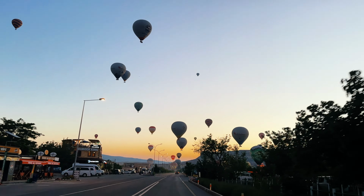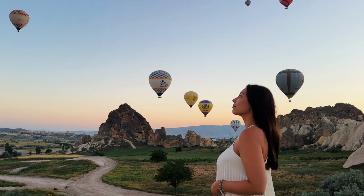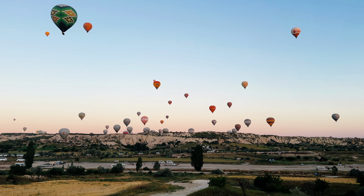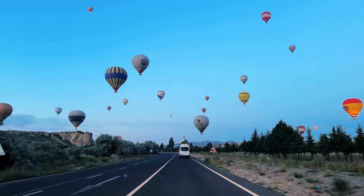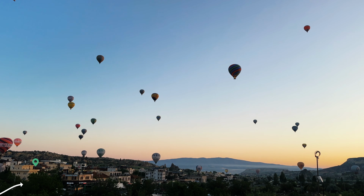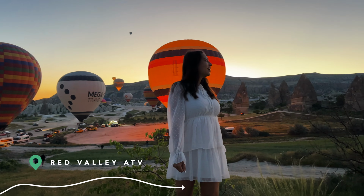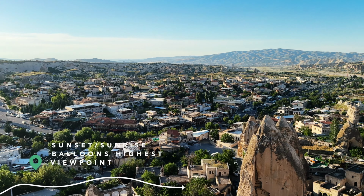If a balloon ride feels too daunting for you, or you just can't get enough of the balloons, you can choose to watch them from the ground as well. Seeing hundreds of balloons in the sky is fantastic, even from the ground. Make sure to be at one of the viewpoints before sunrise so you don't miss them. Some great spots to watch the balloons are Panorama Viewpoint, Red Valley ATV, Sunset Sunrise Balloons Highest Viewpoint in Göreme,